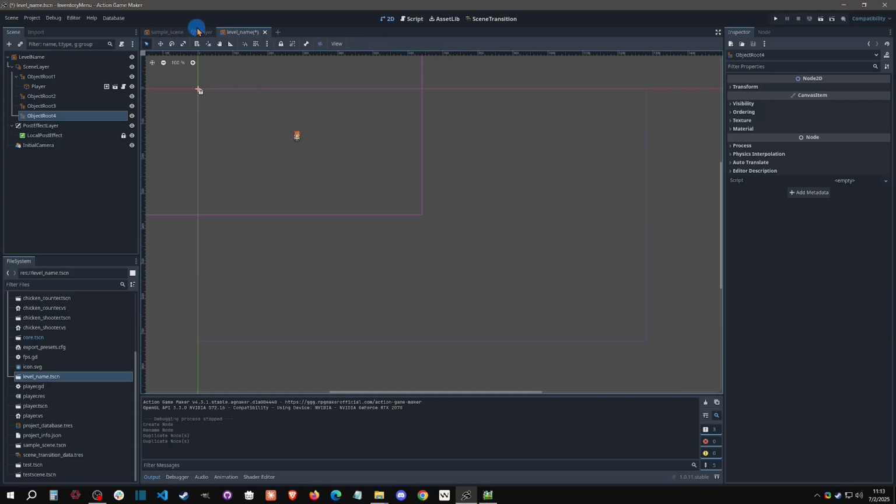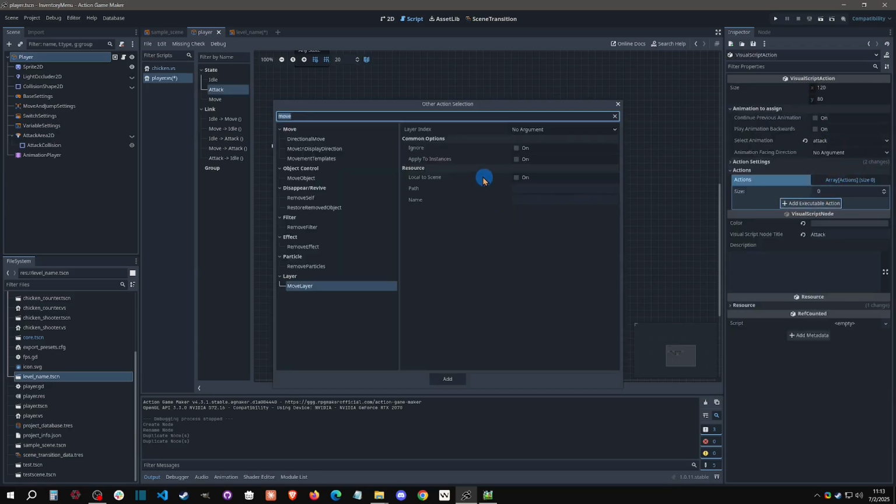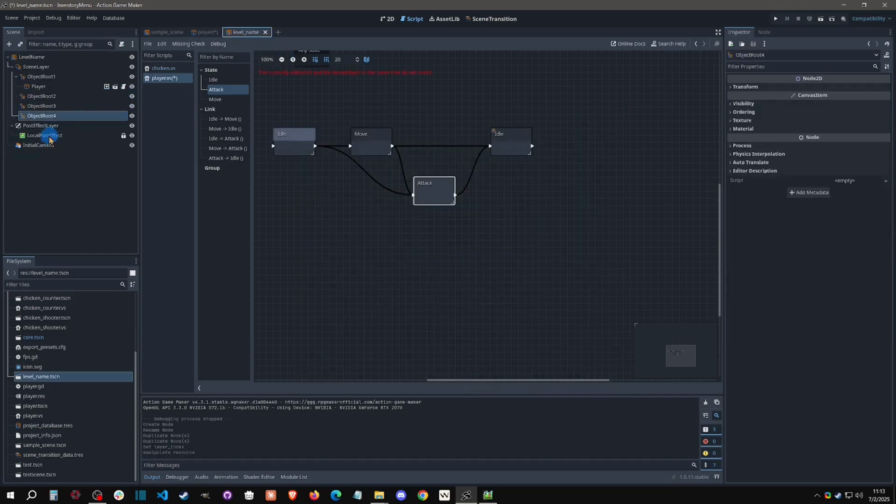So I'm going to go to my player, the visual script here, and we're going to go to attack, and I'm going to add the move layer option, and I'm going to say I want it to move to layer 4. I'm going to click add. So now when I attack, it's going to move to layer 4. So we'll click on this,